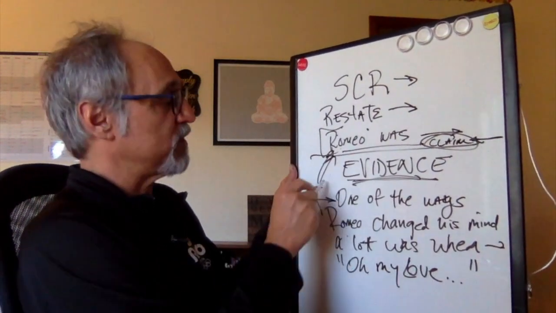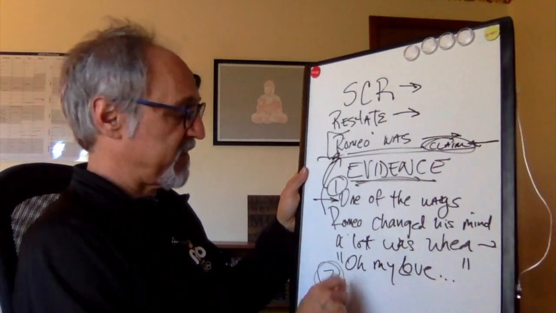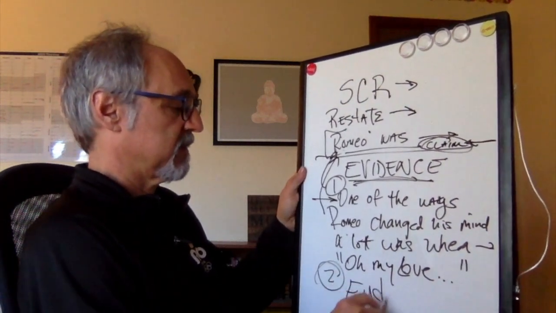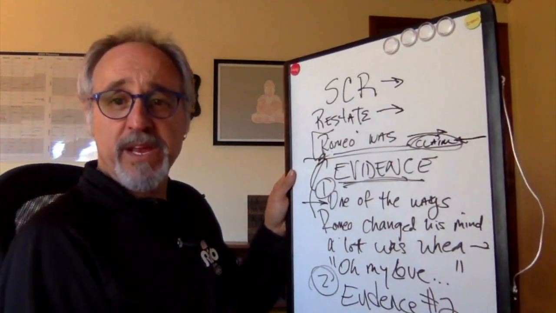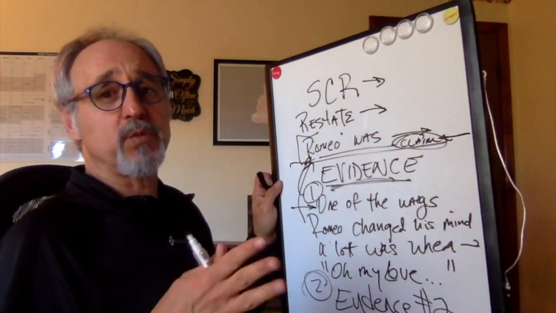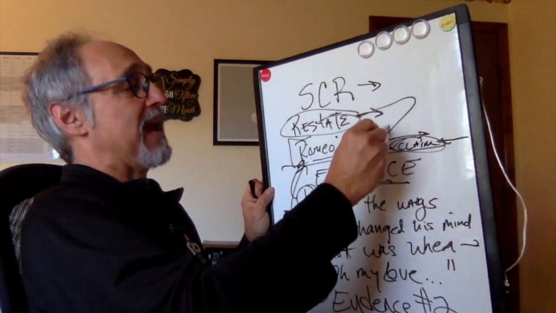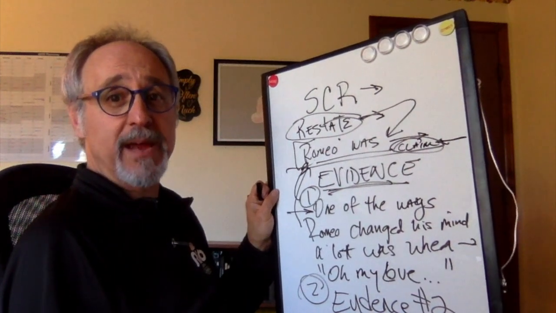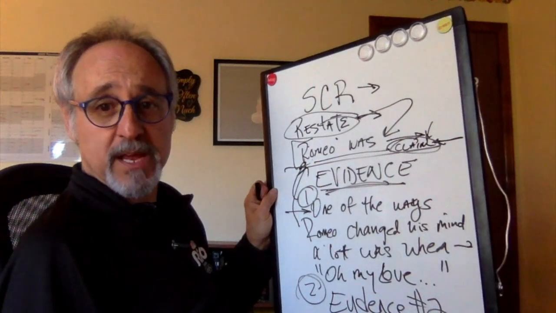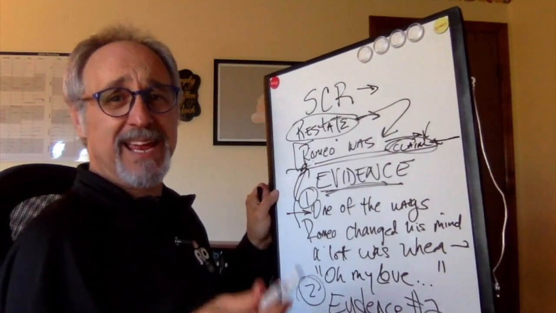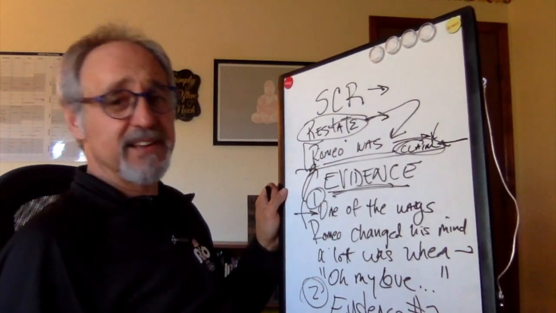And then, once you've done one, you always follow it with a second piece of evidence. So evidence number 2. So next week, you guys are going to be writing an SCR. This week, what we're going to do is we're just going to focus on restating the prompt and creating your claim, okay? So restating your prompt and then following it up with what your claim is. We'll talk more about that on Thursday, but we're going to have you work on that this week. And there you got it.